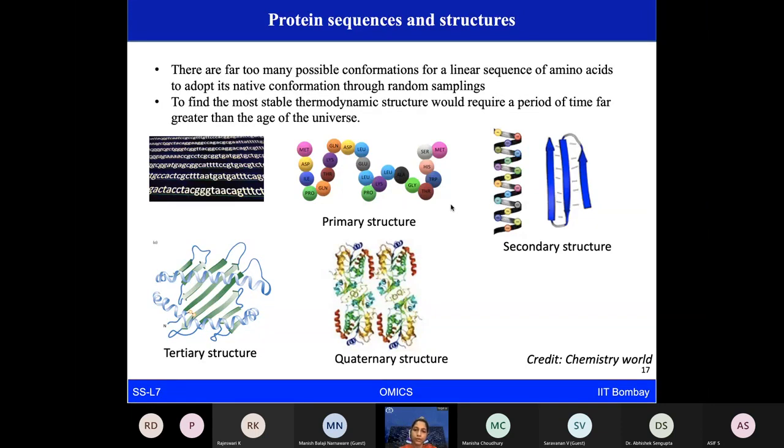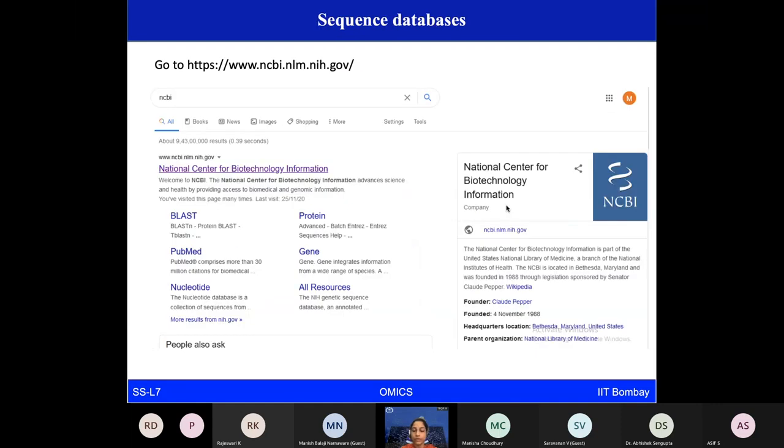These are getting deposited on a regular, day-to-day basis in public repositories. One is the NCBI database, the National Center for Biotechnology Information, which is maintained by NIH. If you just Google it, you can get this information online.